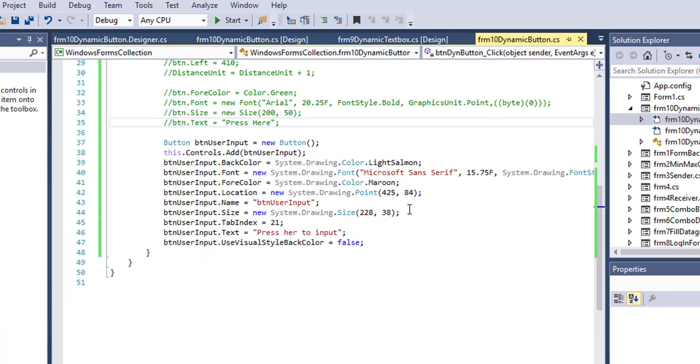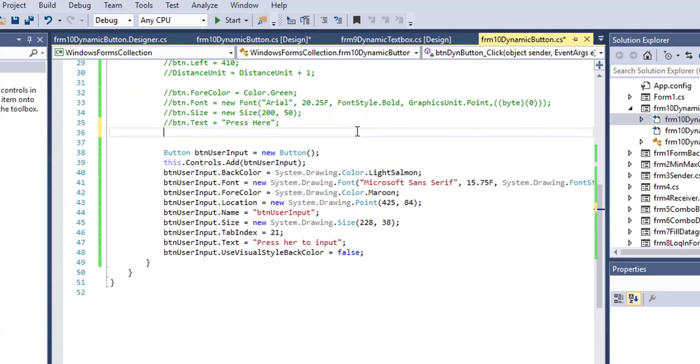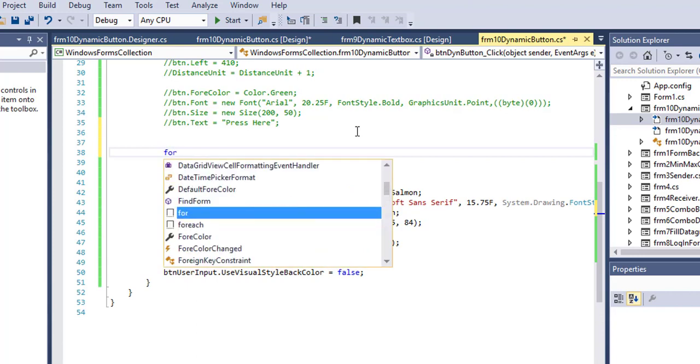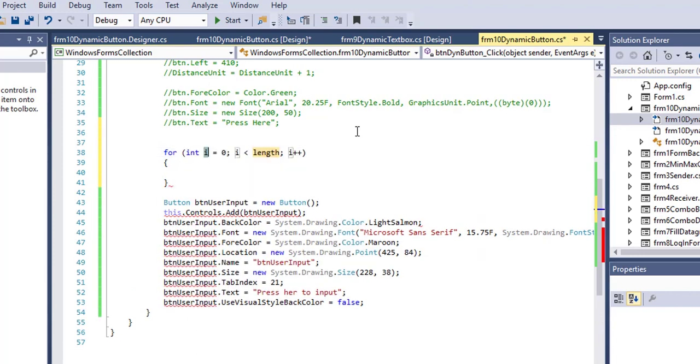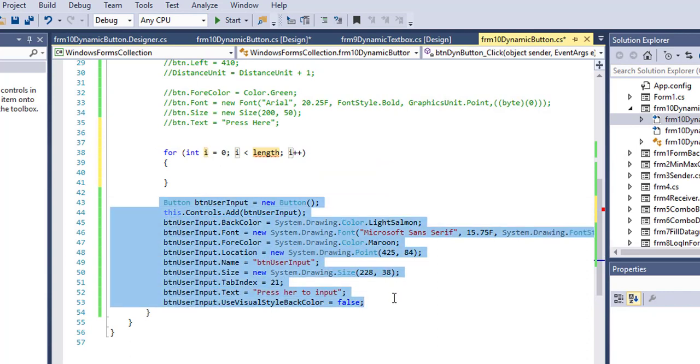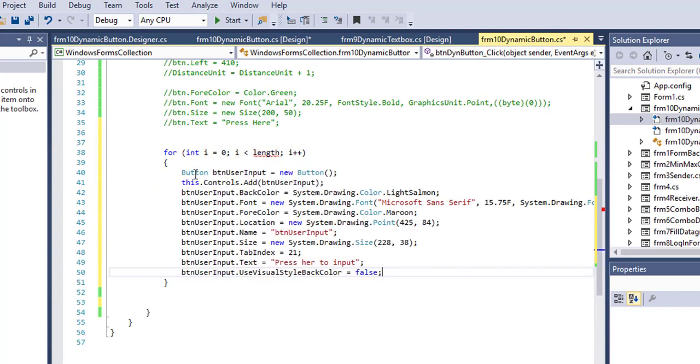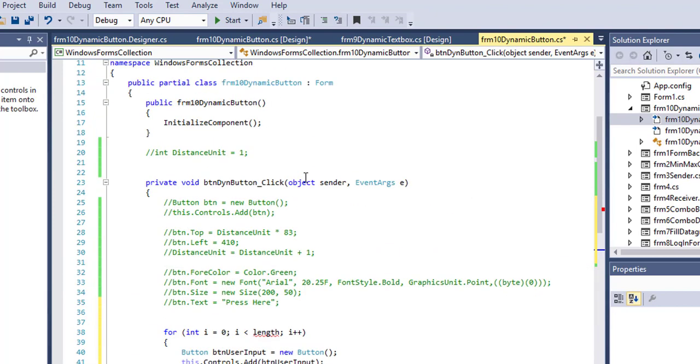Now I will add a loop for creating this button repeatedly. For this I will take a for loop for tap. I will paste the code inside the for loop.